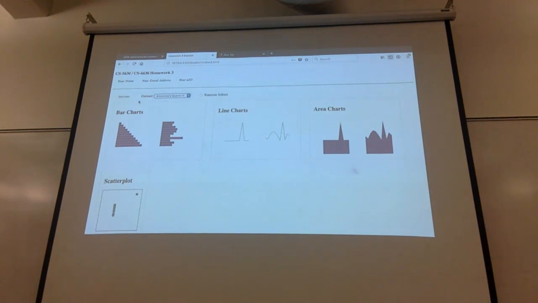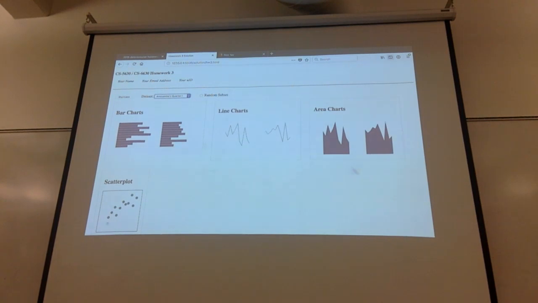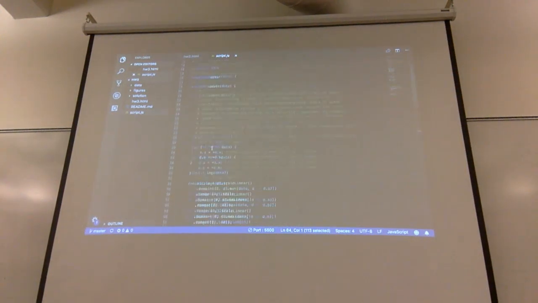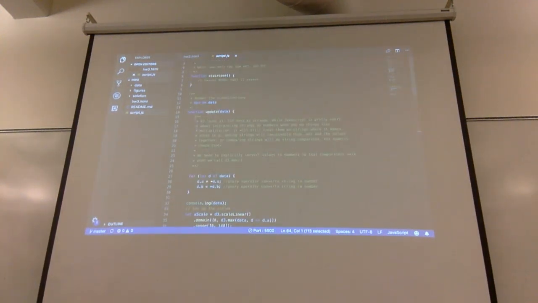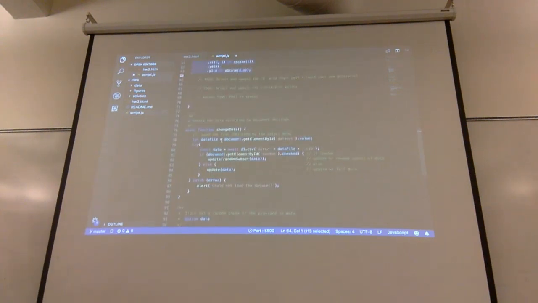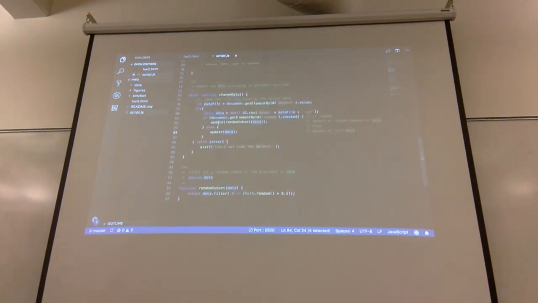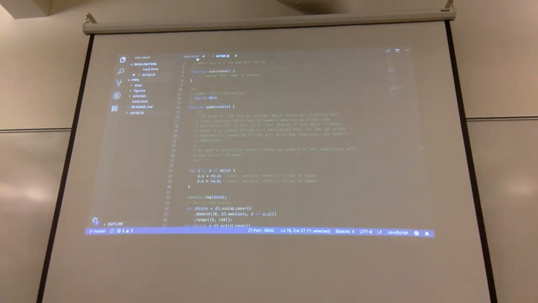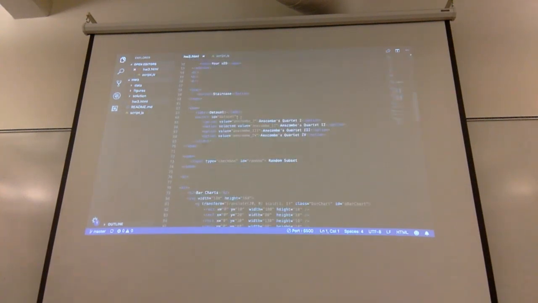So the other interactions that exist here are when the data set changes, every single plot should change, and all of that should happen without you selecting this update. This update function is what's going to be called in all of this. So when data changes, it's calling update to the data. When you're clicking a random subset, it's filtering the data based on a random subset, or you're calling change data internally. So you've got one change data function that is being linked into all of your various